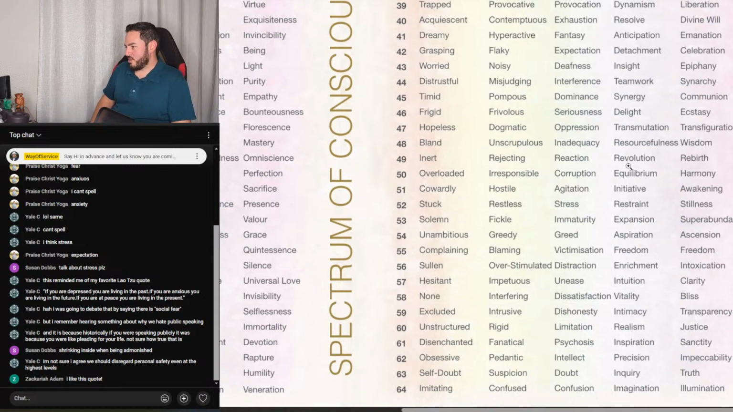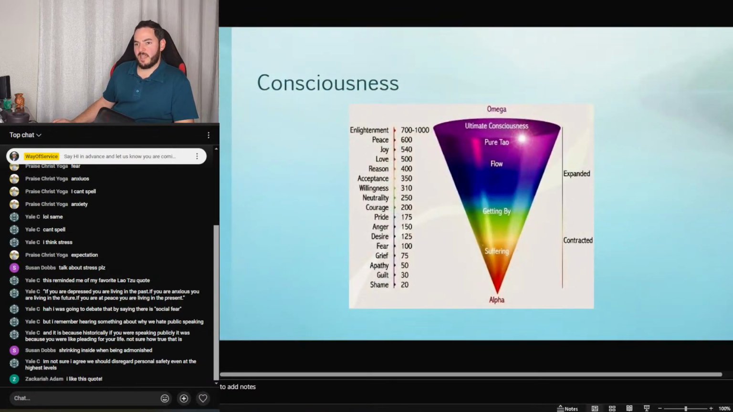Yale says, I'm not sure I agree we should disregard personal safety even at the highest levels. Yeah, and I think that this chart is not saying to just totally disregard it, right? It's more like,